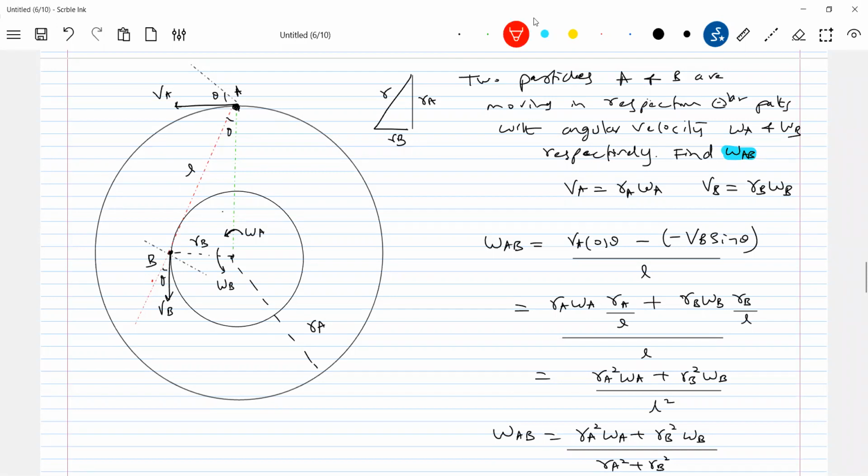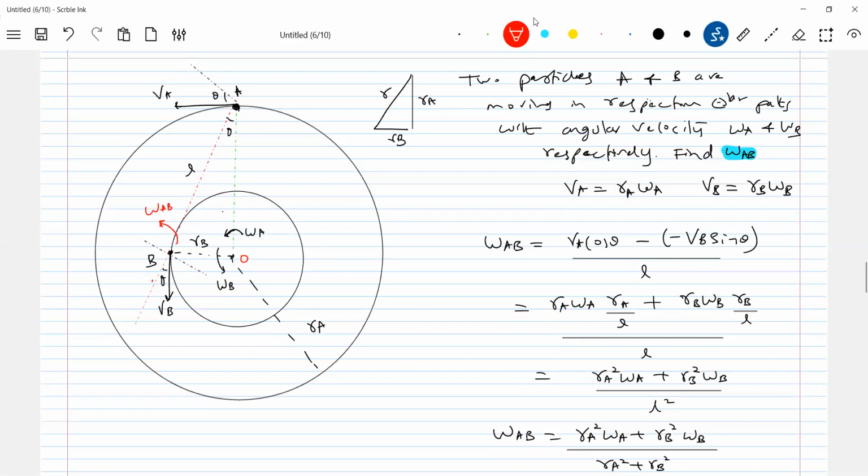I'll bring the red color. Here you have to show it. Then not at O. You should not show at O. I'm making clear. You have to show it here. Angular velocity of A with respect to B, that vector will be out of the plane passing through point B, and in the sense of omega A and omega B only. Now you do the same problem for opposite sense.